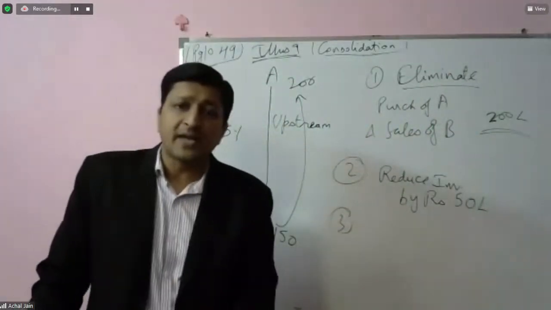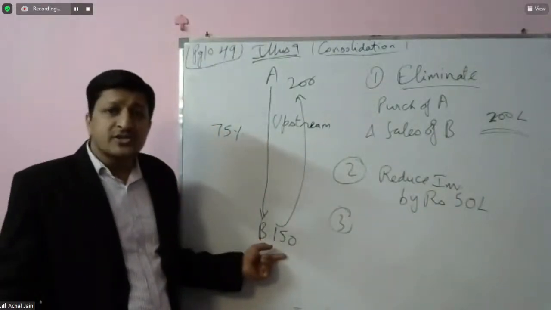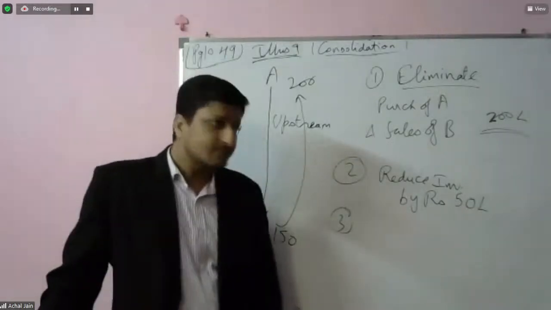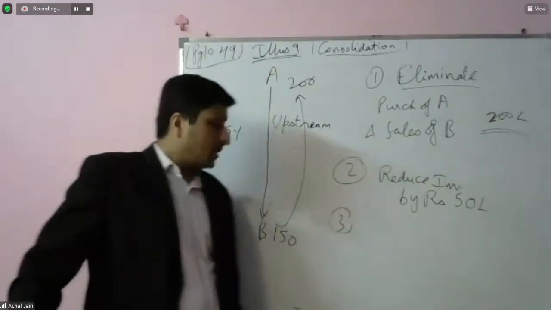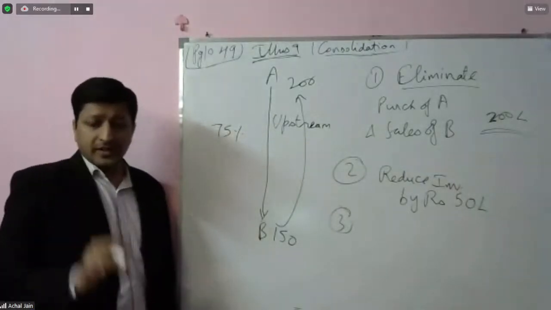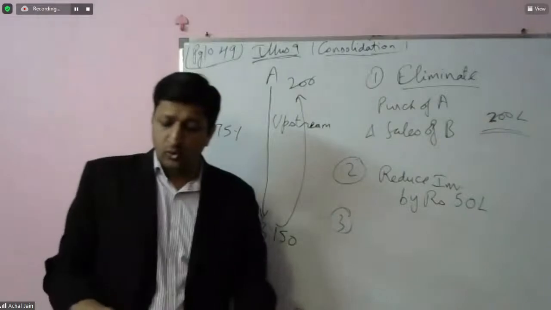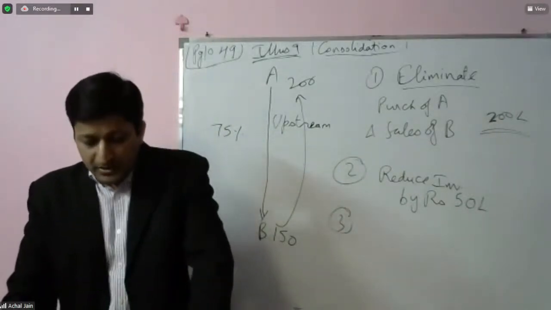This has to be reduced by rupees 50 lakhs, right? Because this should appear in the group's balance sheet at 150. Currently, it's appearing at 200 lakhs. But this 50 lakhs profit has been booked by who? Subsidiary, not the parent. And share of subsidiary goes to two parties. Who? Majority as well as minority. So that's why